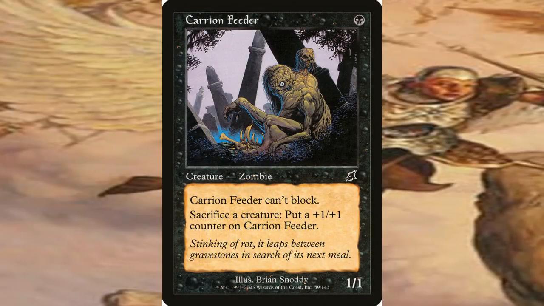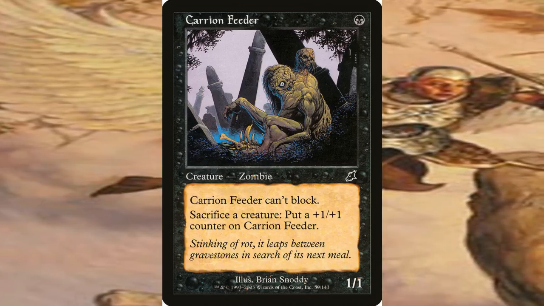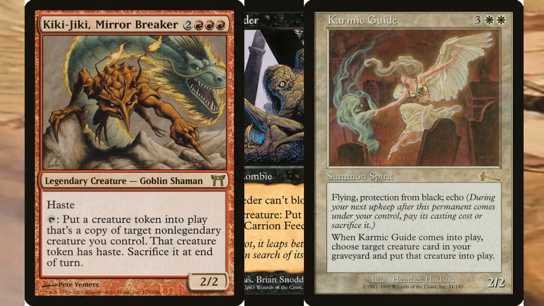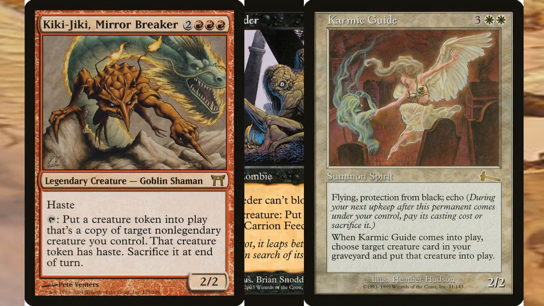Carrion Feeder was a black 1/1 zombie creature that has the ability of not being able to block, along with being able to sacrifice a creature in order to place a +1/+1 counter on this card. This would be used more famously in the Legacy Hulk Flash decks with other cards such as Kiki-Jiki and